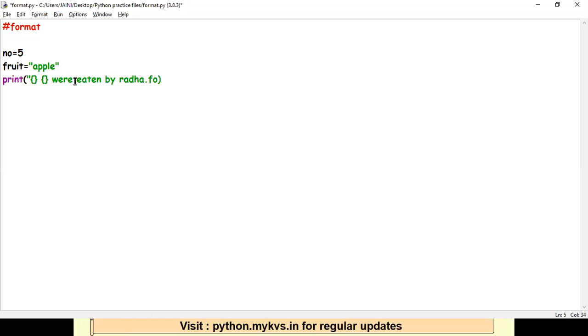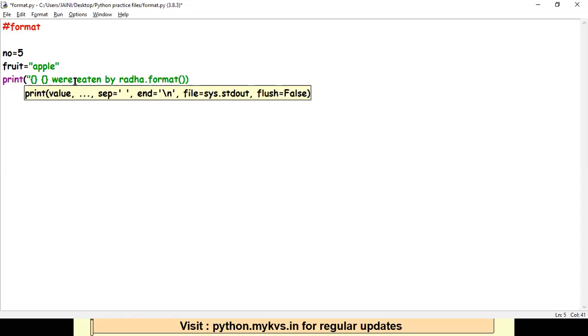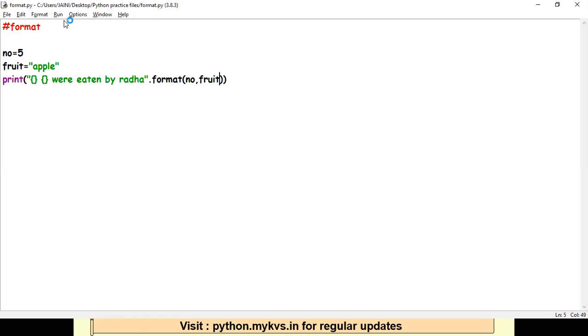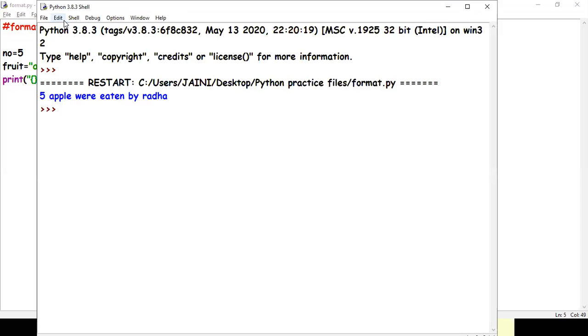First, let's run it and check if there is an error in this. 5 apples were eaten by Radha.